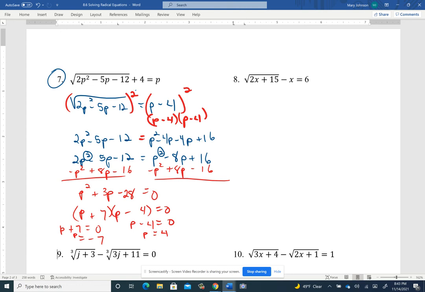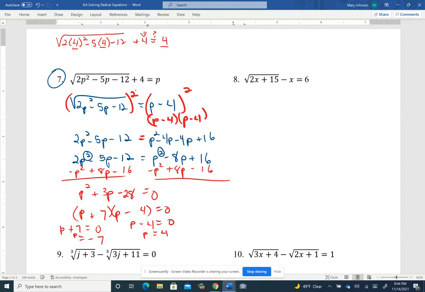So I'm going to do the check above it. So when I put a 4 in, I would get square root of 2 times the 4 squared minus 5 times the 4 minus 12, and that's where the radical ends. Then I'm going to add 4, and I'm going to see if I get 4. Now this 4 was just part of the problem, but that 4 was where p was. All these were where p was. So on the right-hand side, I'm going to have 2 times 16. So that's 32 minus